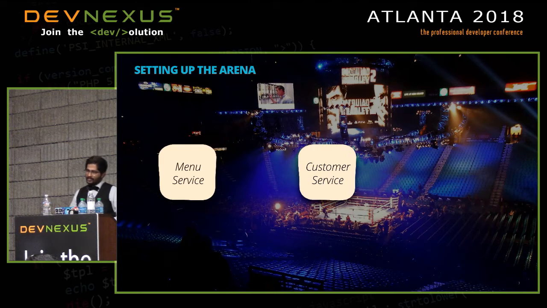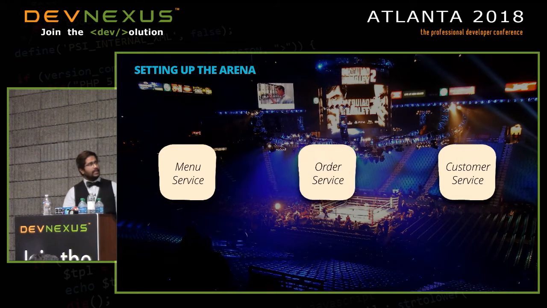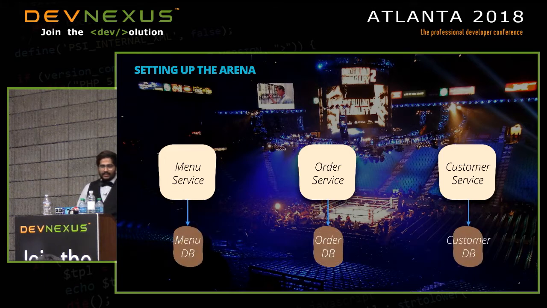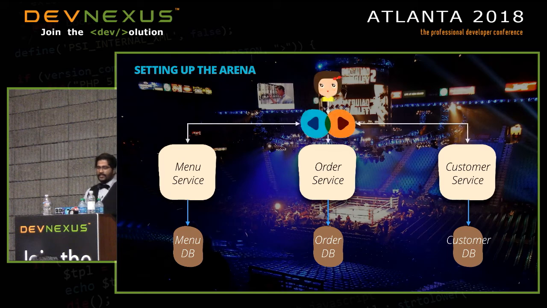Speaking of, you have a customer service to contain a list of customers and their contact information, their whole life cycle of registration and every other thing that they need to be doing to the customer object. You also have the order service. This is the actual business application where you can place orders and order your pizzas. Each of these services have database tables that they connect to, and they have HTTP traffic that comes into them from the client itself.